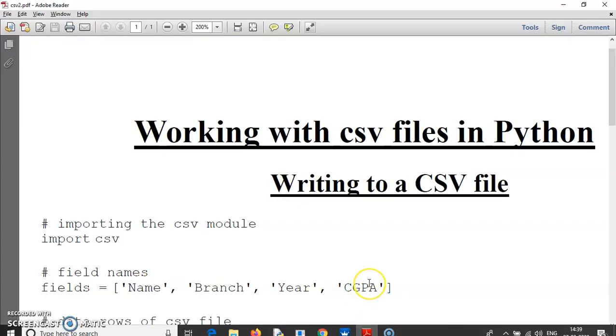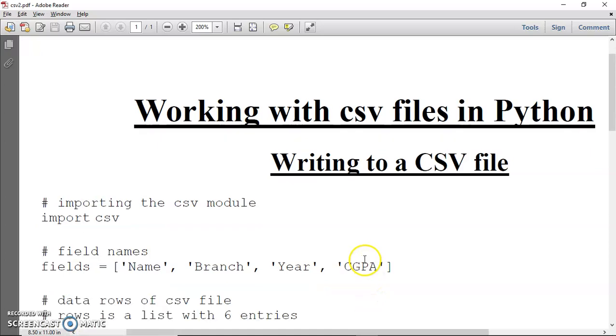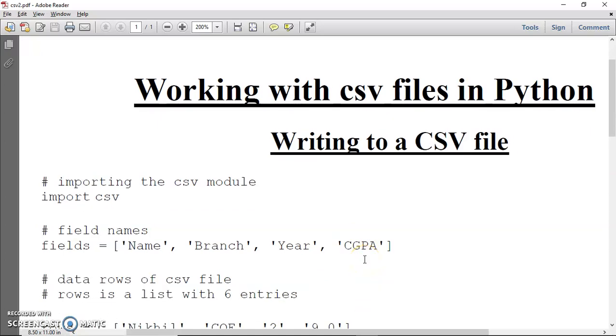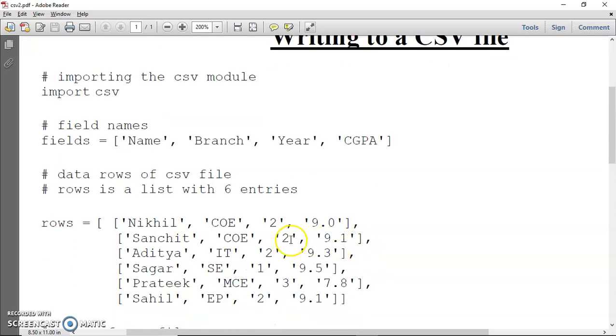Today we are going to discuss how to write to a CSV file. For that, the very first step would be to import the CSV module, which is built into Python. Let us suppose we want to write information about some students, their branch, year, and CGPA. Rows is a list which contains the student entries, and fields is a list which contains the header row